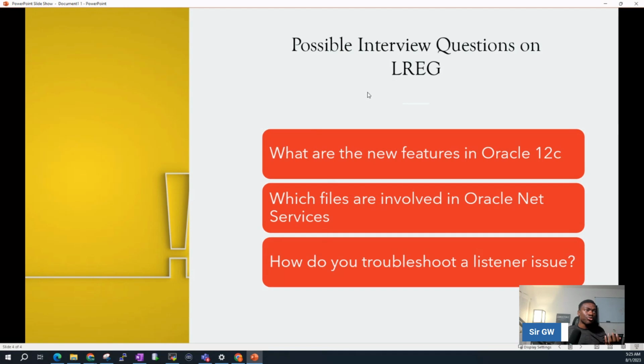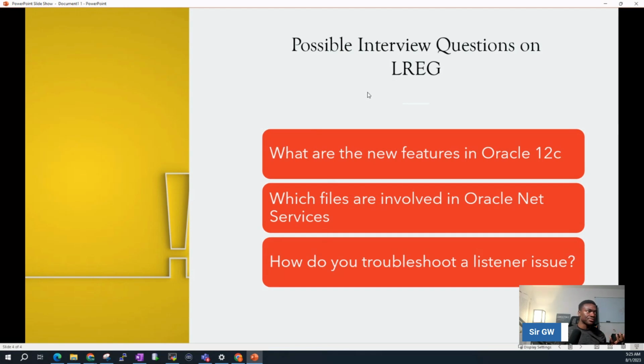In some interviews, the questions are not asked directly. You might find questions asked directly about, do you know of the listener registration process, or what are some of the things you performed with the listener registration process, because this is a less talked about process. In as much as it replaces the process monitor, the PMON process, a lot of people still think that